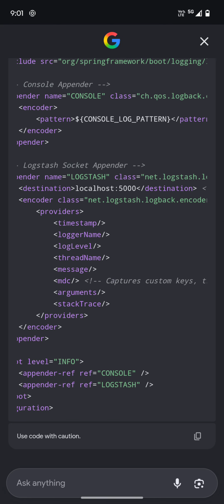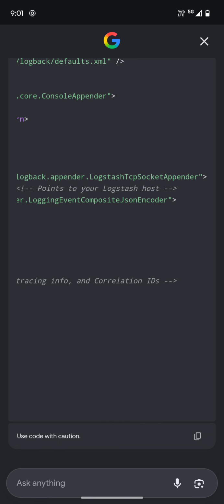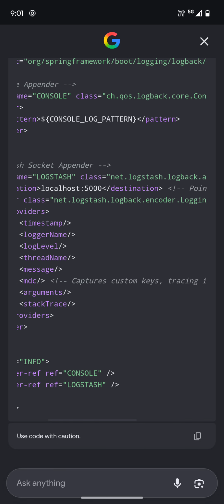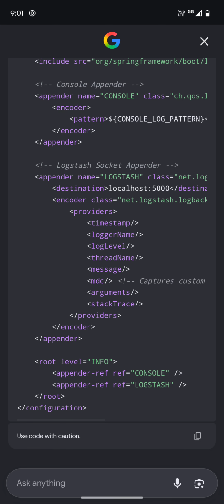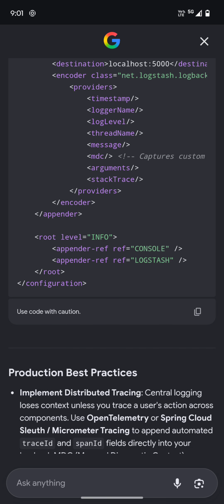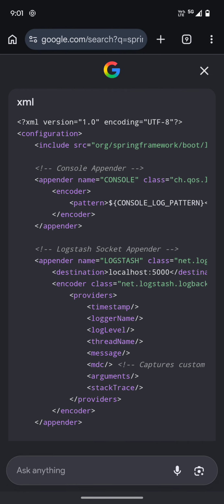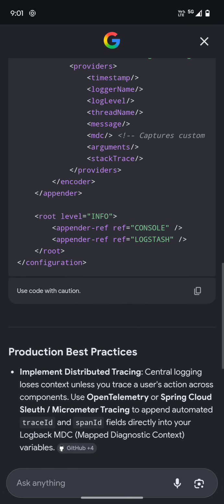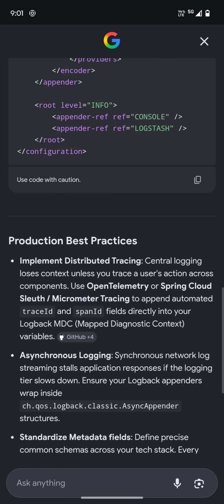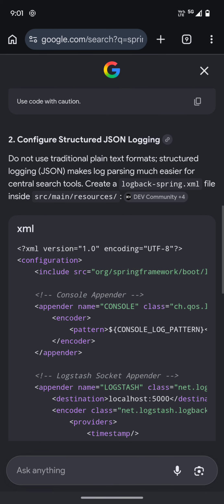And then you see here we are going to use another appender, the Logstash TCP socket appender. Okay, this is another appender. And what kind of logs do we need? We need info logs. We're going to print to the console and Logstash. Okay, this is a simple basic example of the Logstash logging configuration.